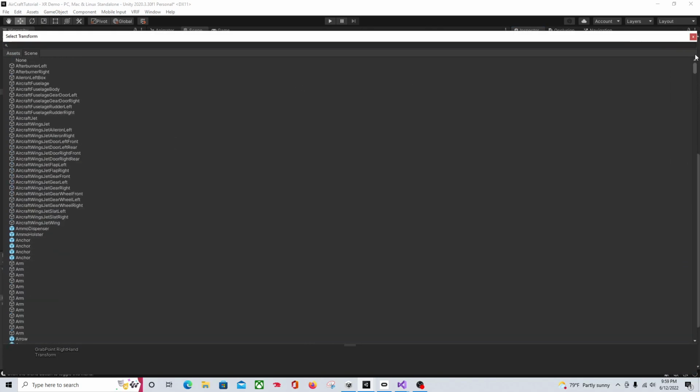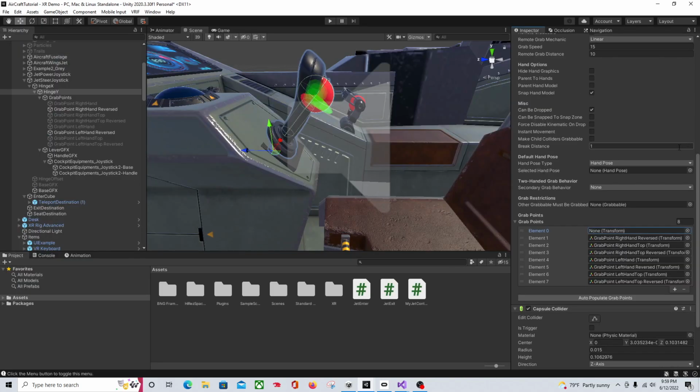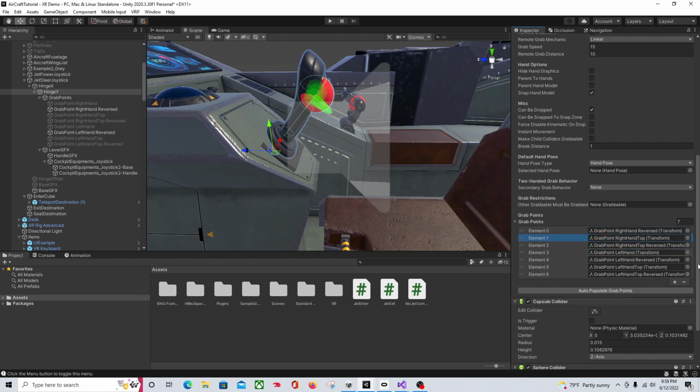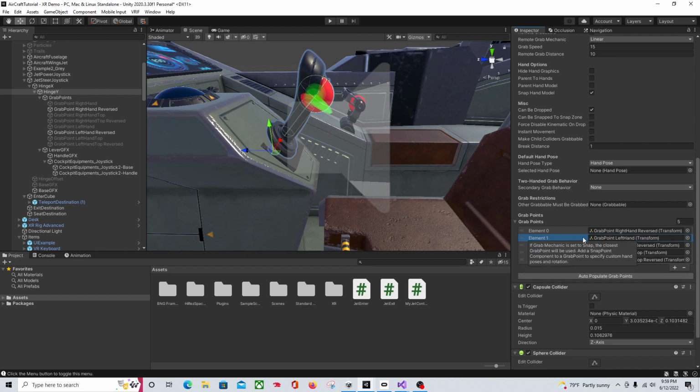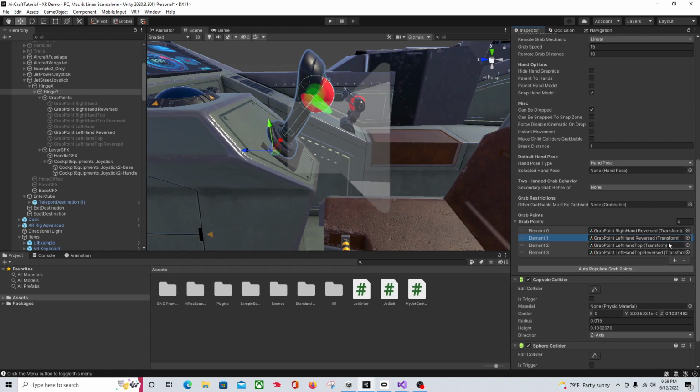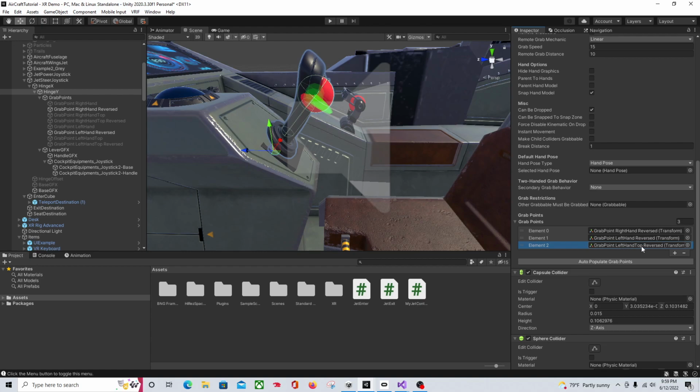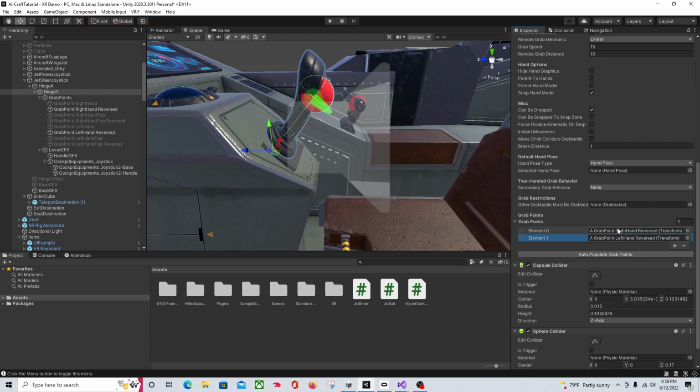I think there's an easier way to do that. We're going to get rid of this. And we need right hand reversed. We're going to get rid of this. We can get rid of top reversed. Yep, and get rid of left hand. We need to keep left hand reversed. We're going to get rid of the top and the left hand top reversed. That way, when you grab it, your hand will be in the right spot on